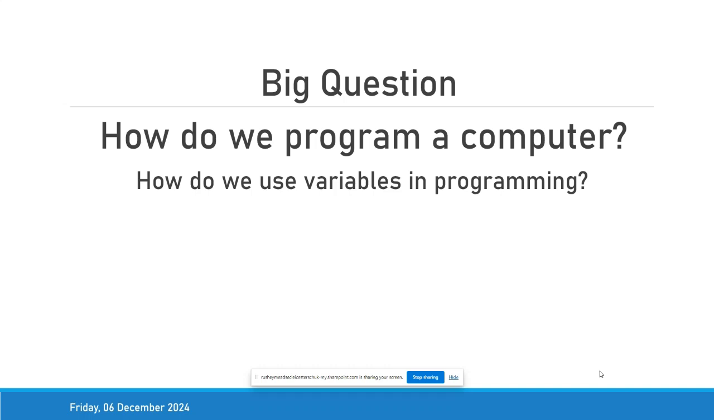Hi, scholars. So, today in computer science, we're going to talk about how we program a computer. But in today's lesson, we're going to focus on how we can use variables in programming. Now, later on in today's lesson, we're going to find out that variables are just somewhere where we can store some data. But because of that word, variable, that data that's being stored, well, it can change to suit our